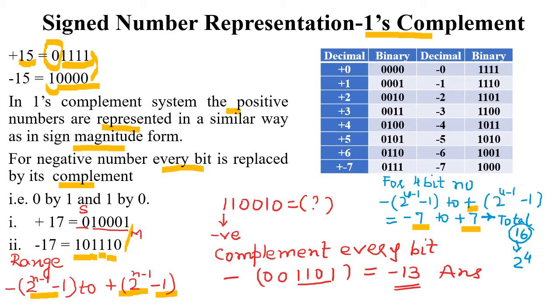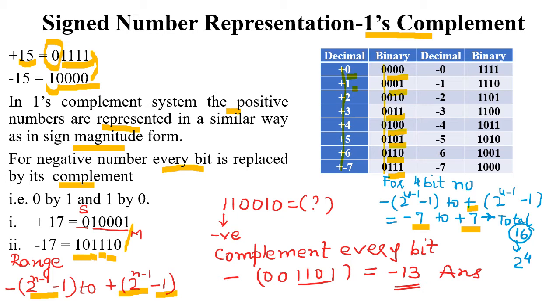Now here is a table showing the one's complement value for a 4-bit number with its decimal equivalent value. Again, the first bit represents the sign bit. For a plus number, the first bit is 0. The remaining 3 bits indicate its magnitude. 000 indicates 0, 001 indicates 1, 010 is 2, 011 is 3, 4 is 100, 5 is 101, 6 is 110 and 7 is 111.